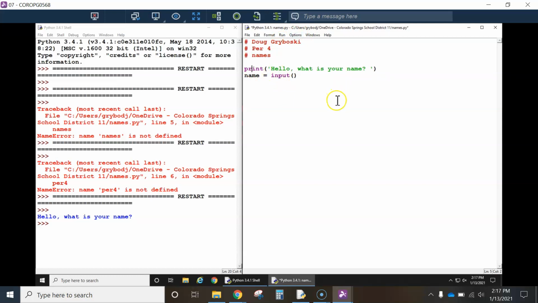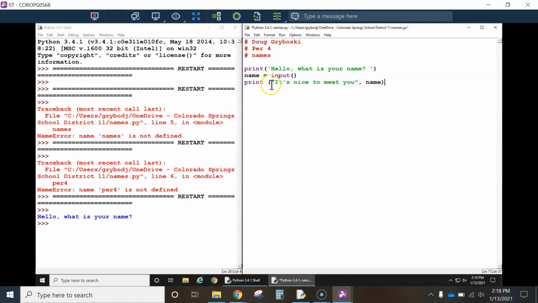This IDE, this Interface Development Environment, is telling me that these are words and commands that are recognized by this interpreter. Name is not, but since I set up an equal sign, I'm saying whatever is input on the screen, assign it equal to name. And I'll explain that here in just a minute. We're just going to do one more command, and that is